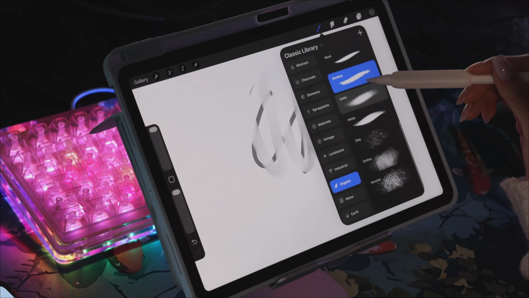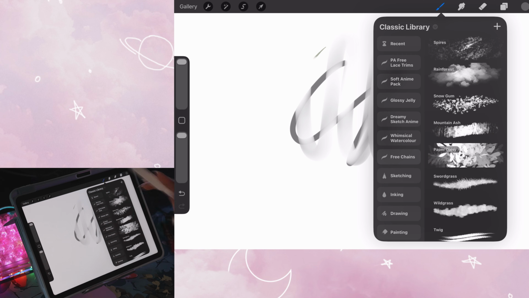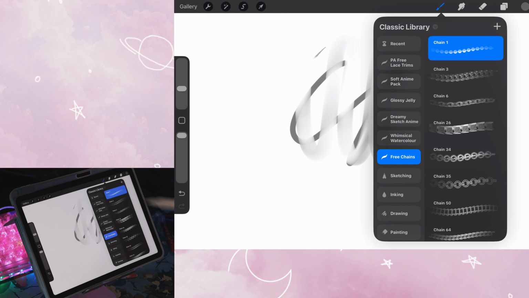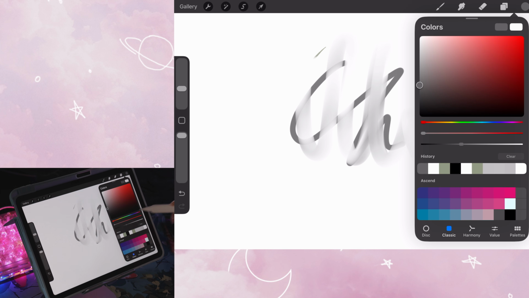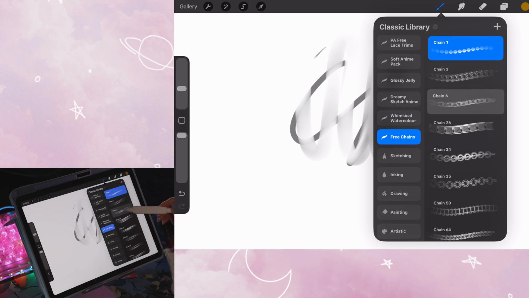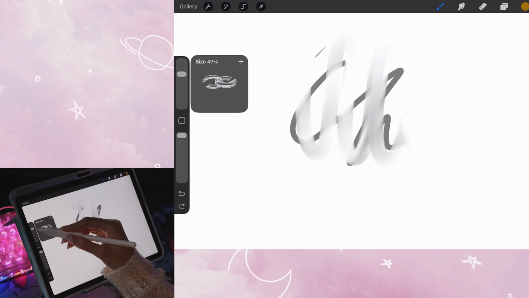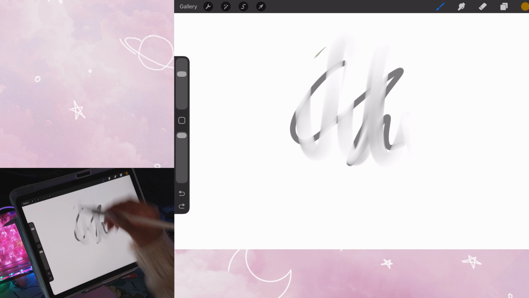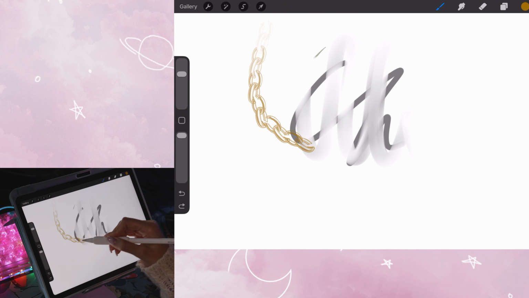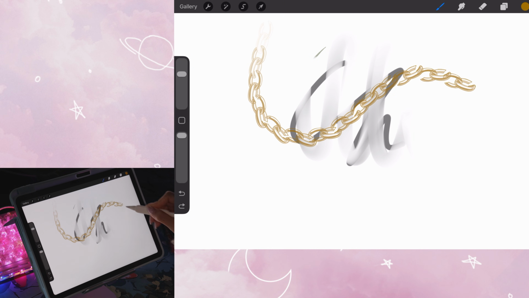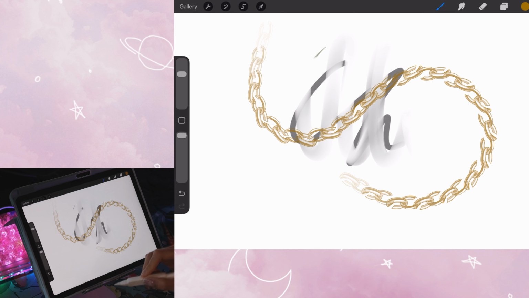You even have some organic ones here that you can work with. There are brushes that I've downloaded just for specific decor. So for example, I've downloaded a chain brush and this one was free. You can buy brush packs and they tend to be a little higher quality. So I'm going to change the color to like a gold color. I have my chain selection here. I'm going to boost my size up so you can see. And then I can use this to really easily draw out a chain